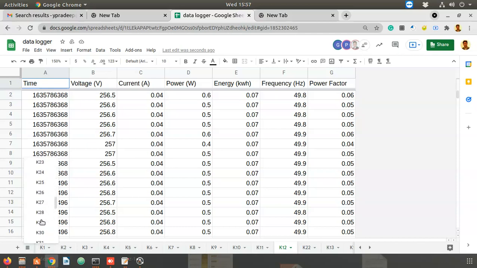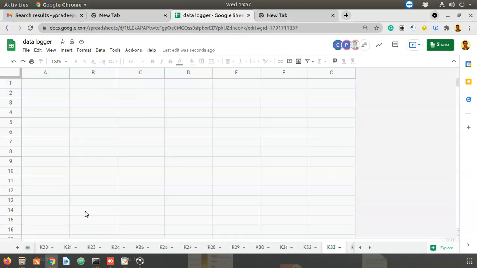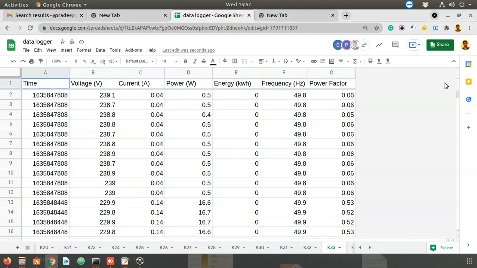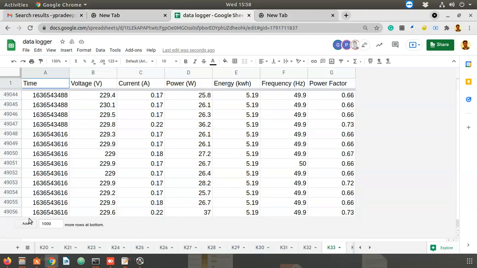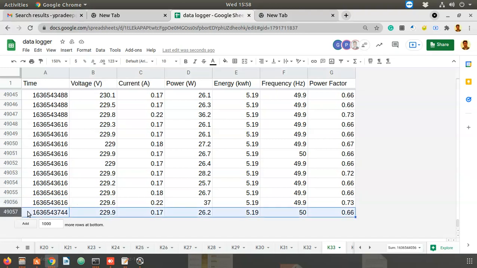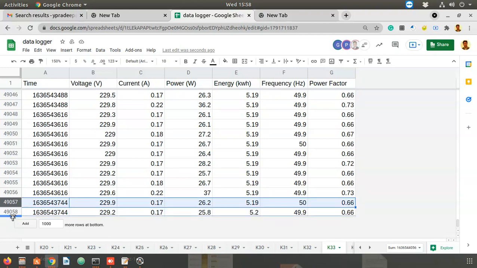For example, if I go to sheet 33 and go to the last row, you can already see 49,056 rows, and again 49,057 rows. If I wait for 5 more seconds, 49,058 rows are there.